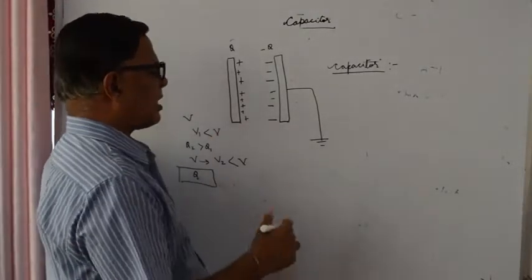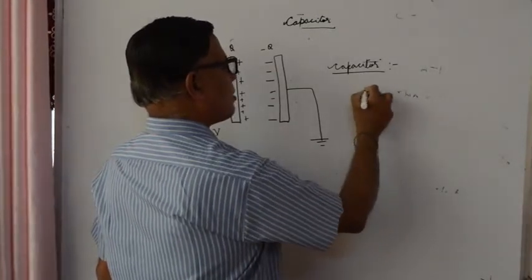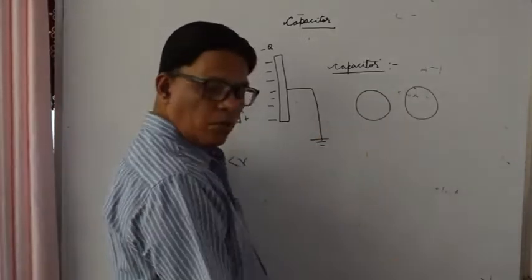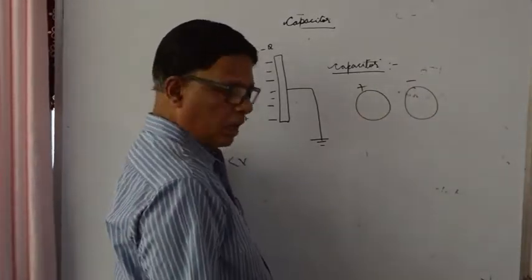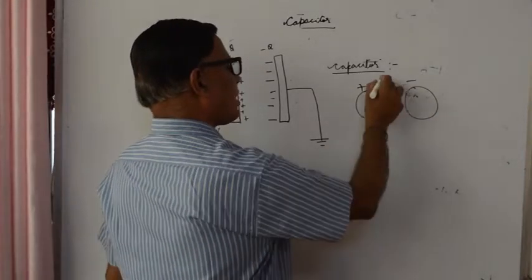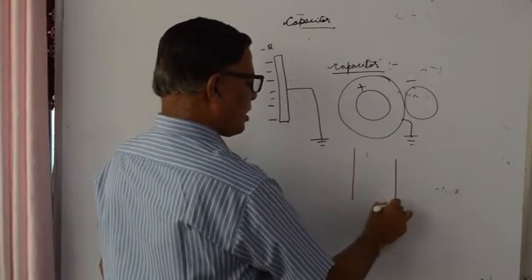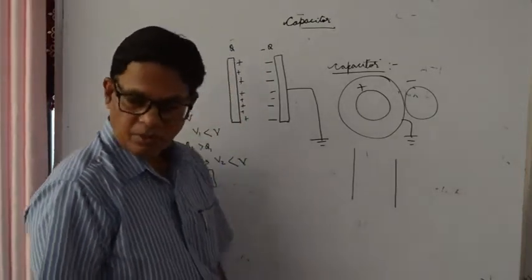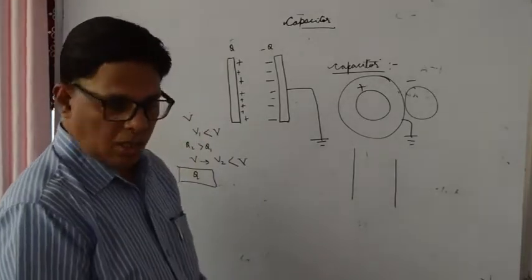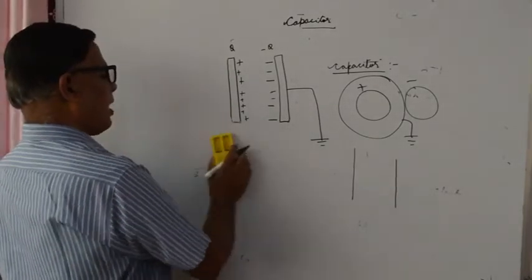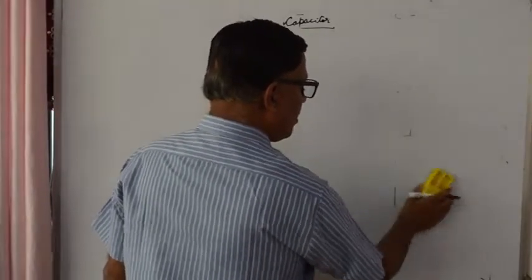Capacitors can be categorized depending on the shape and size. If there are two spheres having equal and opposite charges, this can also form a capacitor. Okay, so this type of capacitor can be called the spherical capacitor, and another type is your cylindrical capacitor, but we are only concerned with our parallel plate capacitor, that is in the syllabus. Let's see the capacity of the parallel plate capacitor, how much charge a parallel plate capacitor can hold.